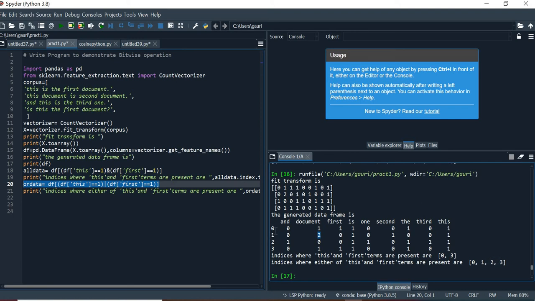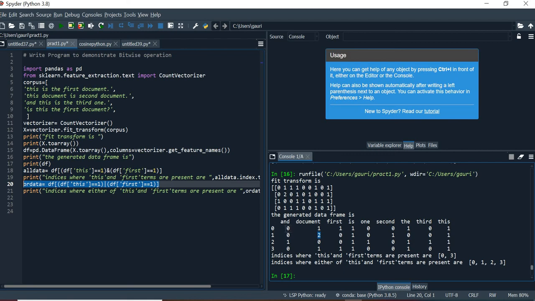Okay. Now here one more thing. How to write this column name? 0, 1, 2, 3. These are the index numbers of the 4 sentences. There are 4 sentences in your corpus, and each statement starts from a particular index. So my first sentence starts from index number 0, then the others start from 1, 2 and 3. So your first column 0, 1, 2, 3 is the index numbers of the sentences.